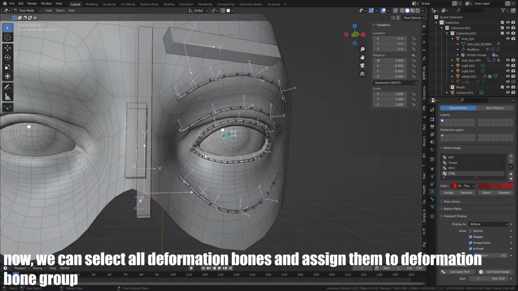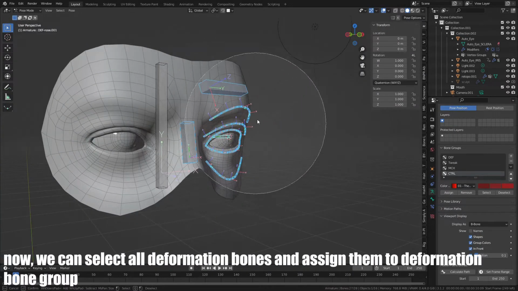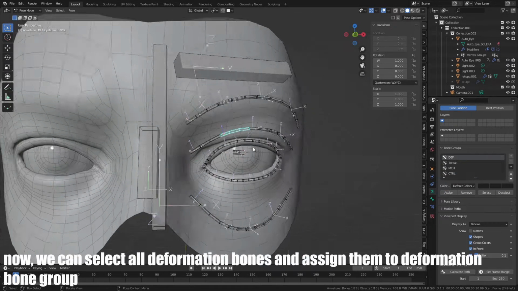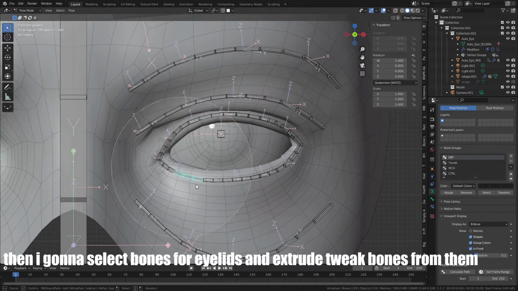Now we can select all the deformation bones and assign them to the deformation bone group. Then I'm gonna select bones for eyelids and extrude tweak bones from them.